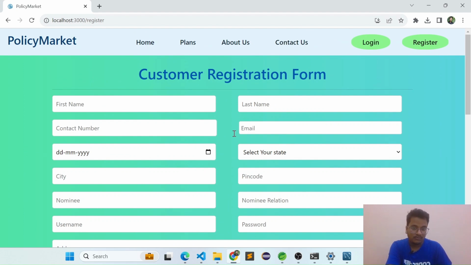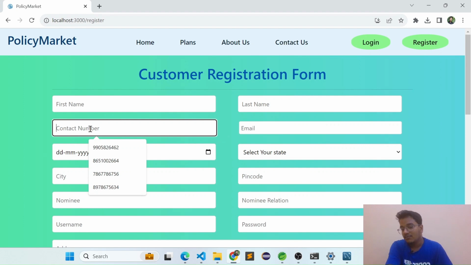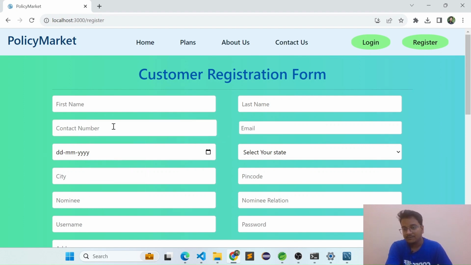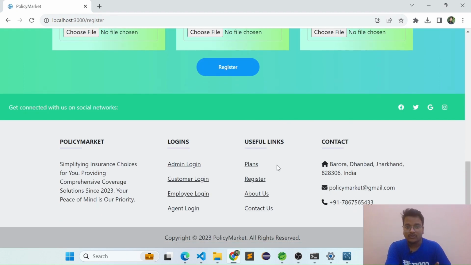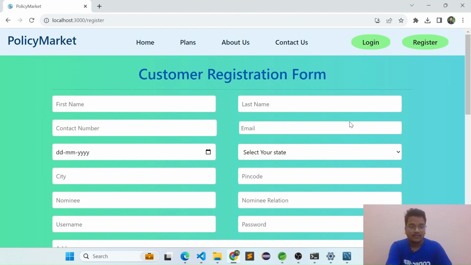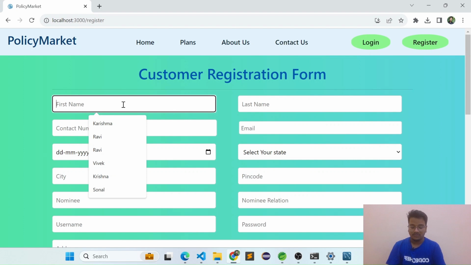One more thing that I want to mention is that I have added validations in each and every input field. Like suppose the contact number, the mobile number must be a 10 digit number. So I'll show all these details. Let me register one customer. Suppose I choose a customer called